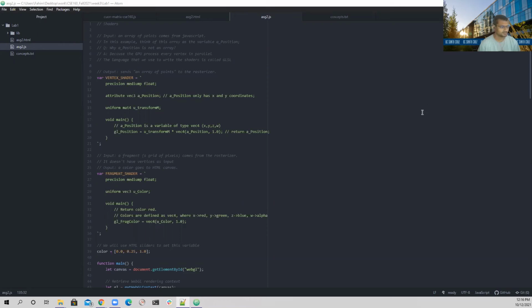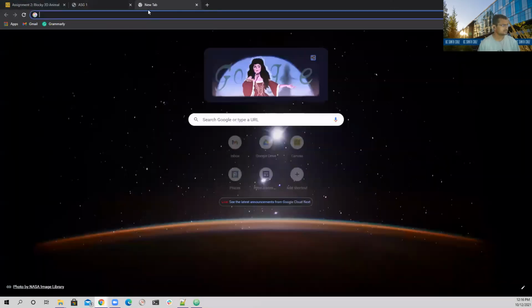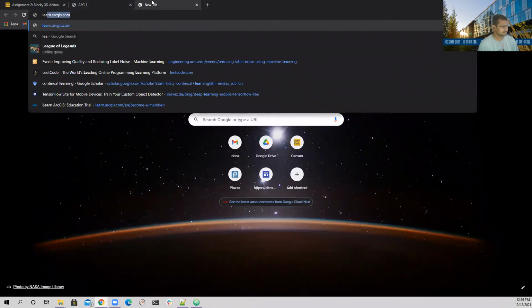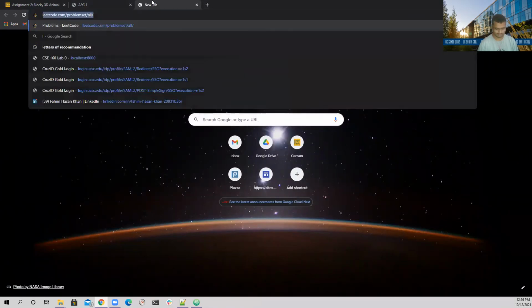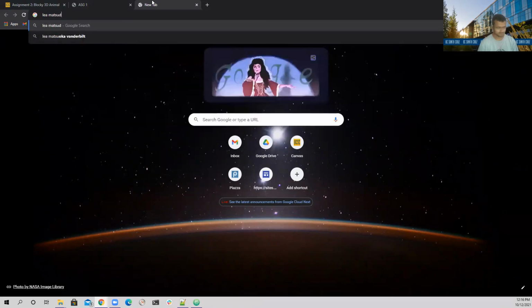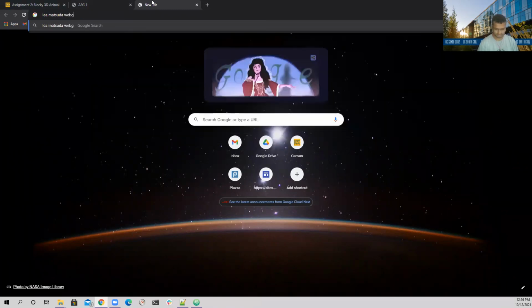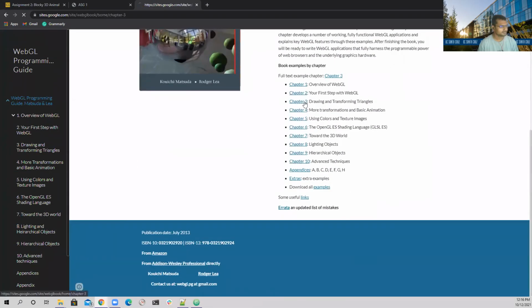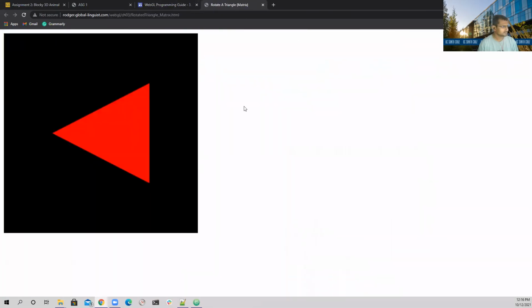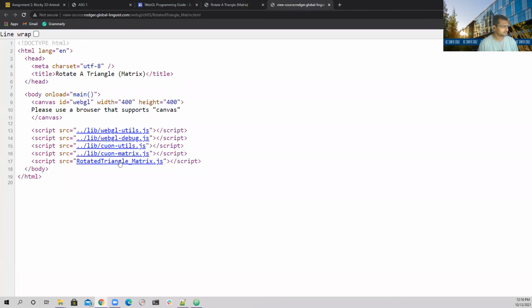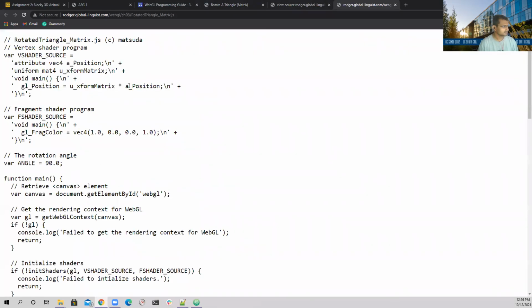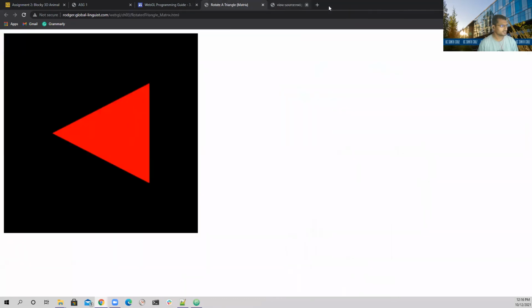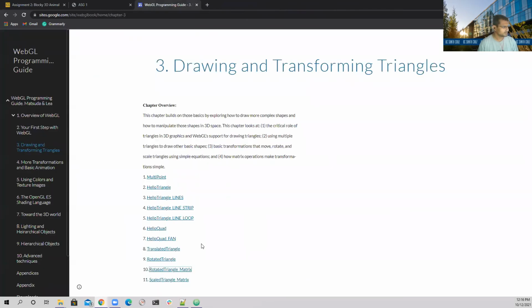If you go to the example, let me show you actually. Oh, they're still calling it xform matrix, but in the future chapters, I'm pretty sure they're,